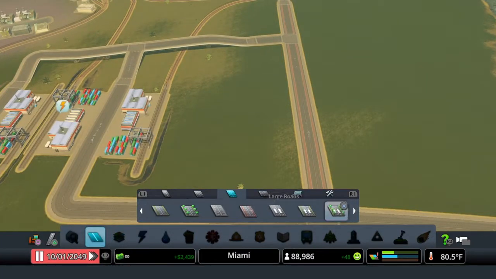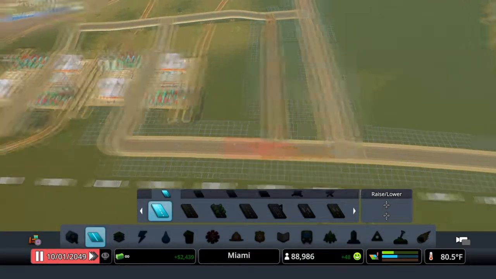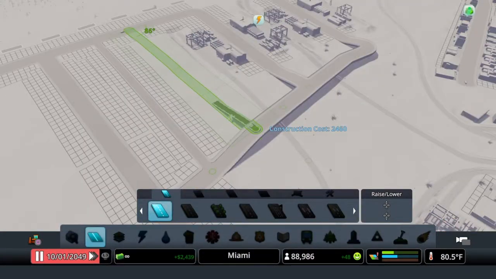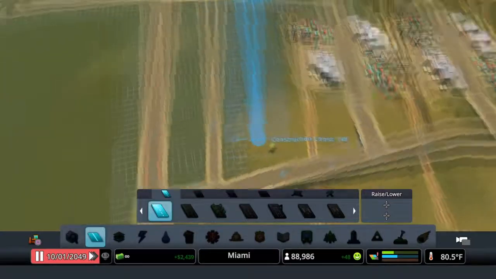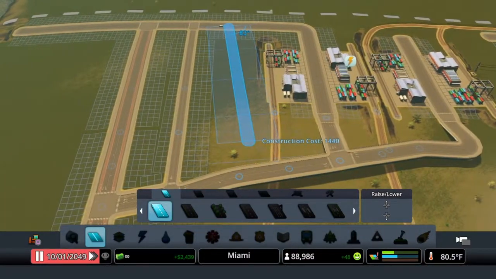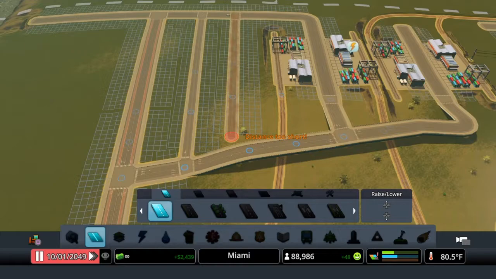I saw all this space over here, and I was like, you know what? We've got a demand for some commercial. Let's go ahead and see if we can fill that in. And when I say I see a little bit of a demand for commercial, in the bottom right hand corner, you're going to see three bars. One is green, one's blue, and the one underneath the blue one is orange. The blue one indicates the demand for commercial